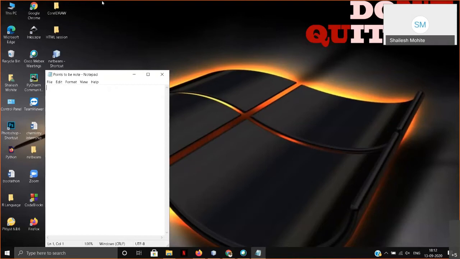So what we will do in the first step is take a paper and a pen or a drawing sheet, and with the help of that we will design a layout of a web page. First of all, we will design the layout of a web page.